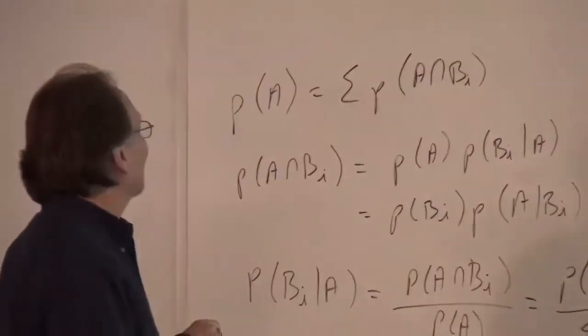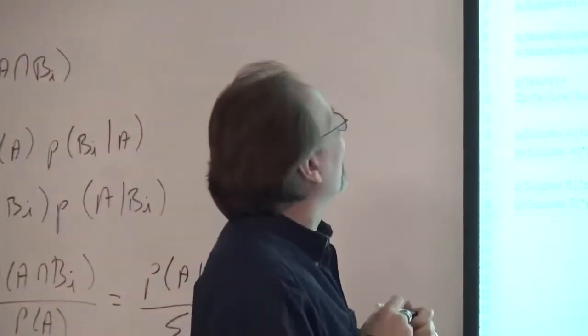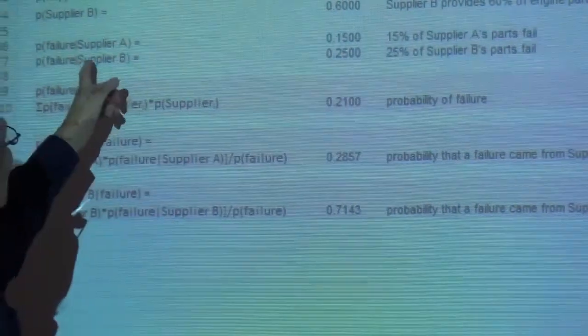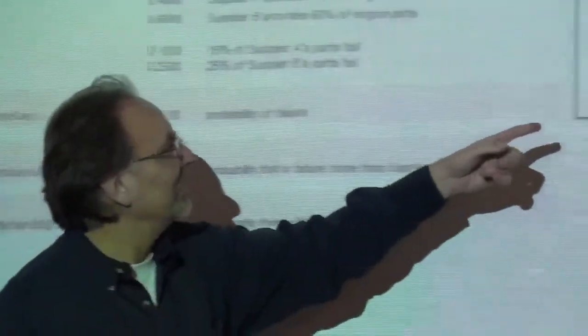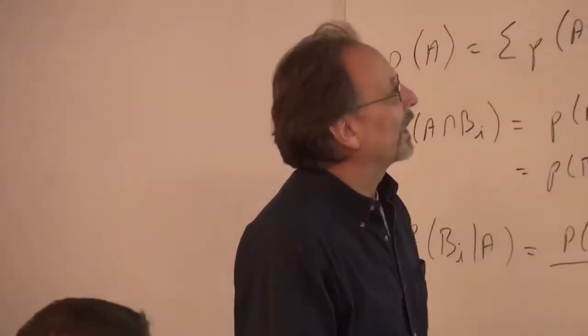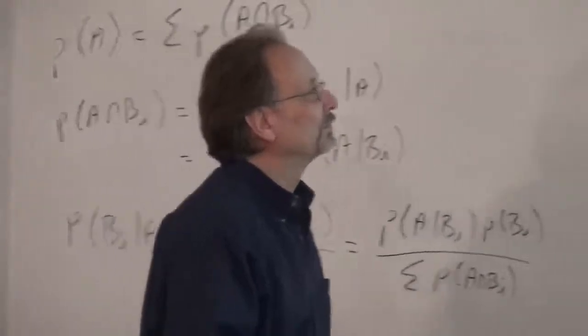Okay, so supplier A and supplier B are the 2 sections. The probability of failure given supplier A, we know that 15% of those fail, so the probability of failure given that the part comes from supplier A is 0.15, and we know the probability of failure given B. So the first thing we want to figure out is the probability of failure overall. So we know the failure given supplier sub I, and we know the probability of supplier sub I. So that reduces to